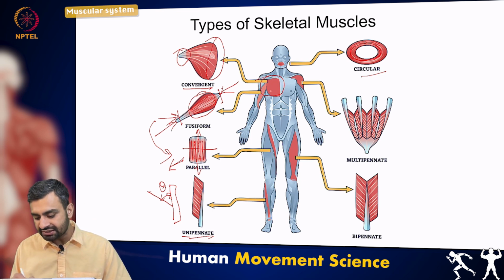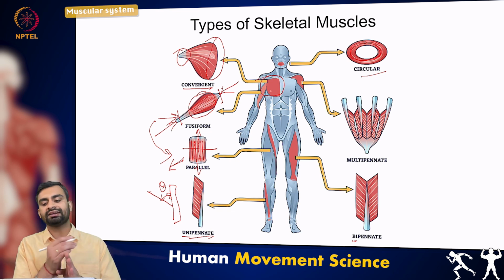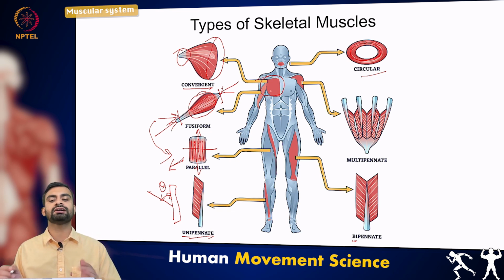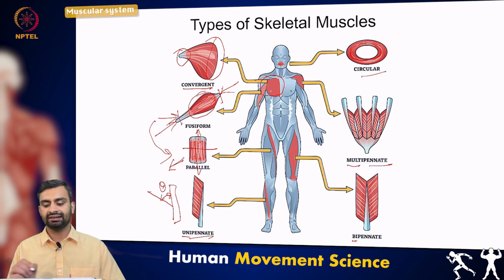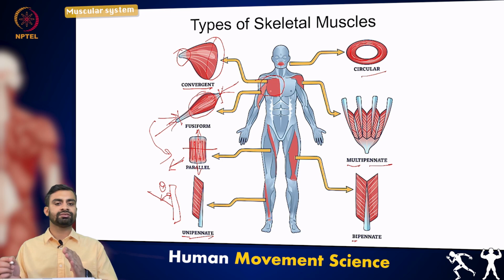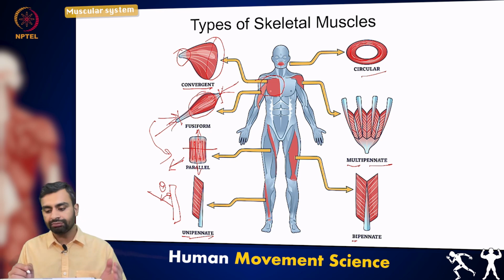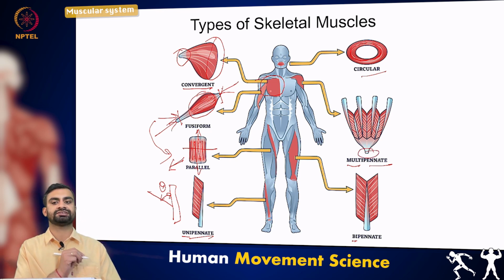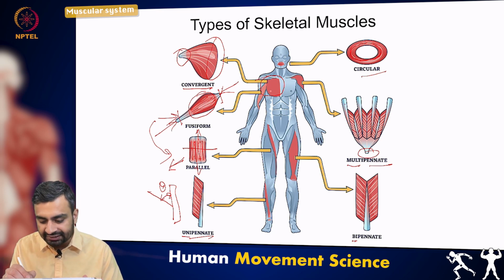Similarly, bipinnate muscles have fibers arranged obliquely, but they are inserted on both sides of the central tendon. And finally, the multipinnate muscles. In these muscles, multi means they have multiple rows of muscle fibers whose central tendon branches from one of the main attachments, into subtendons, and then they